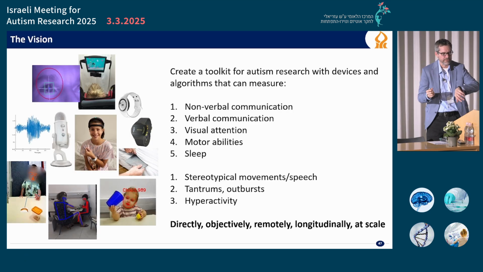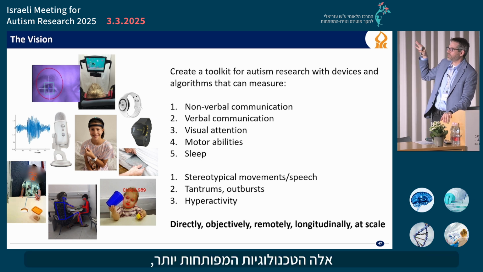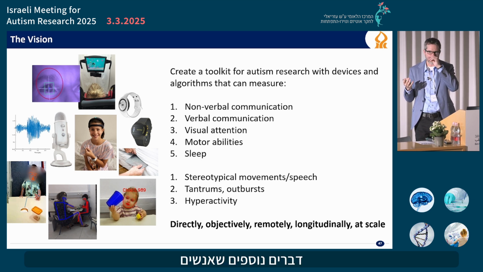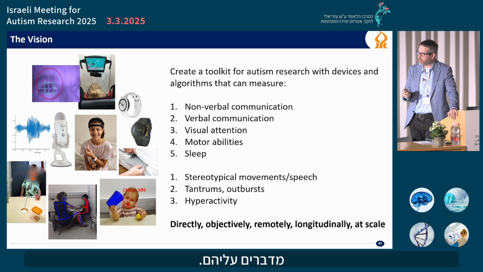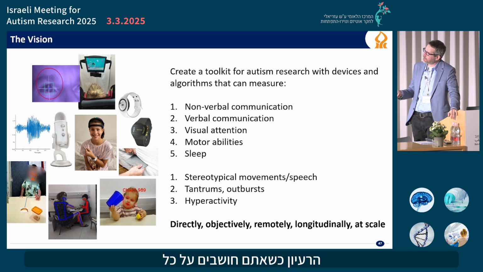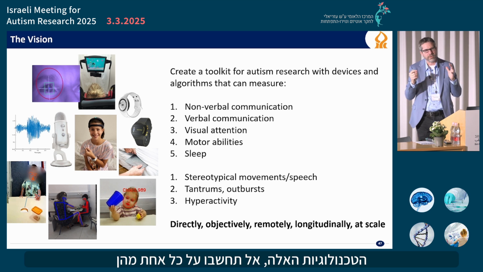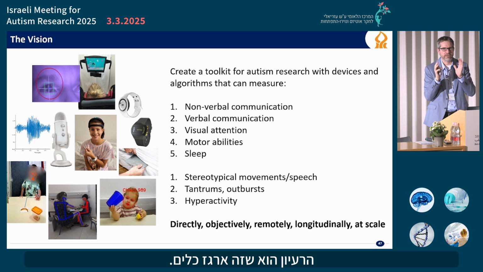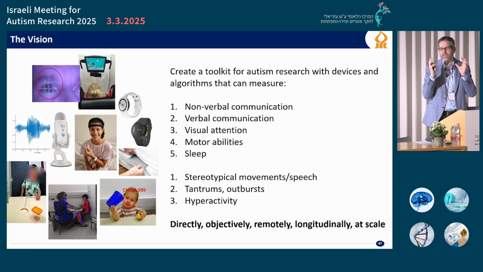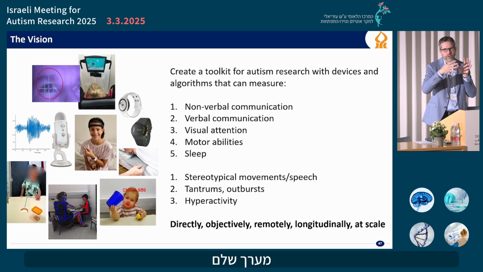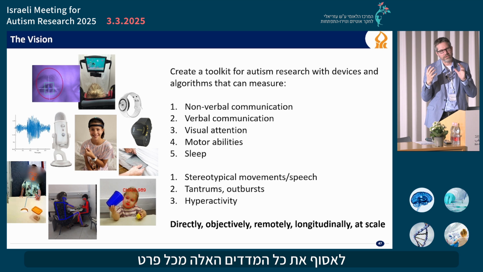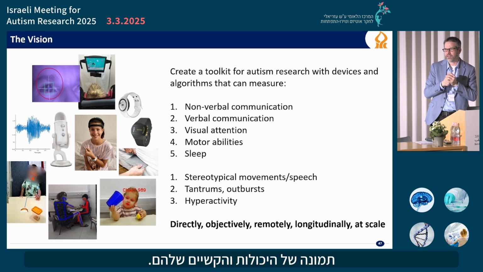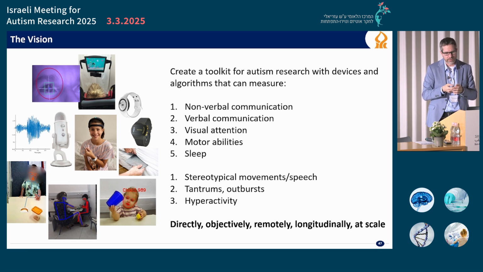So to summarize, these are the more developed technologies, what I've shown you here today, the more mature technologies. There are additional things that people are talking about, but when you think about all these technologies, don't think about each one of them independently on their own. The idea is that this is a toolkit where you would end up developing a whole host of measures, and you would want to collect all of these measures from each individual to create a picture of their abilities and difficulties.